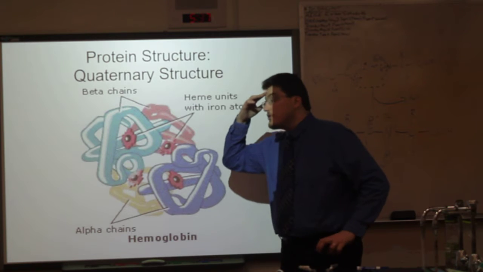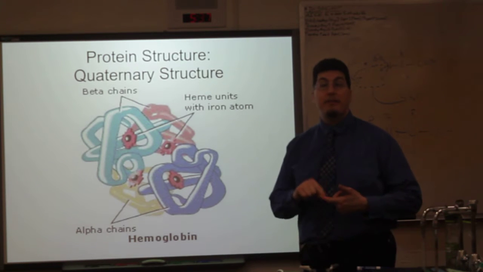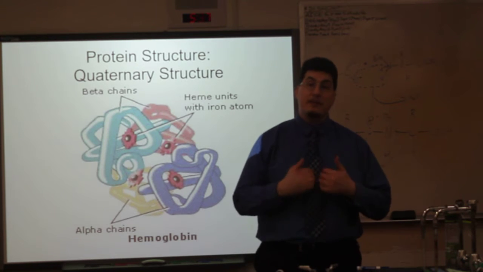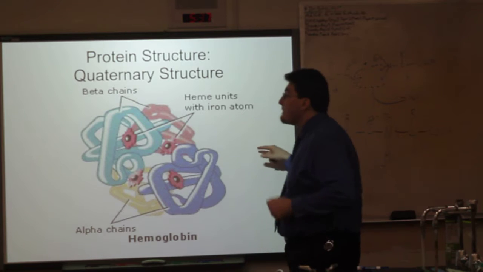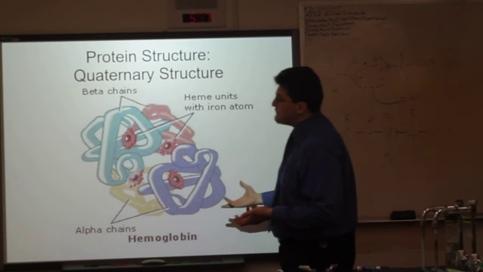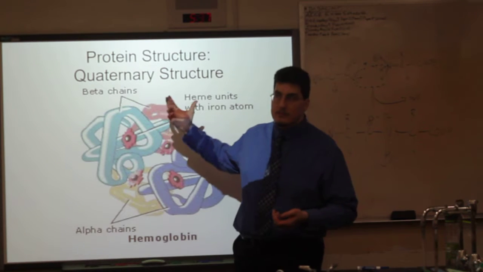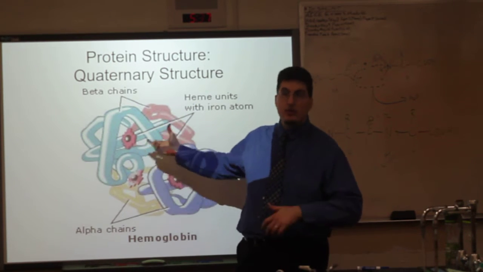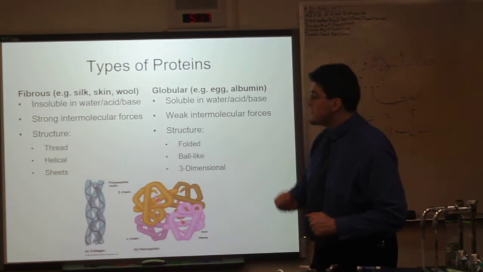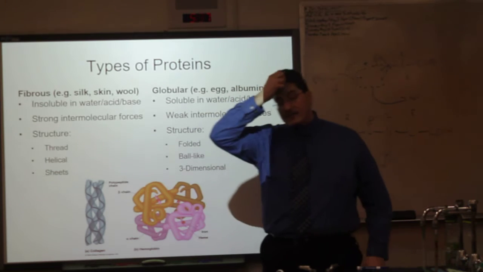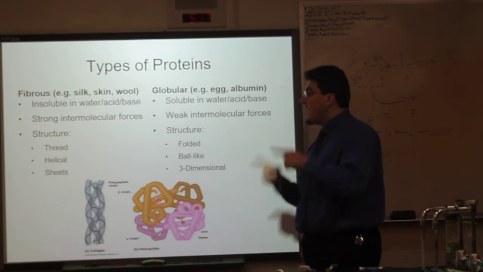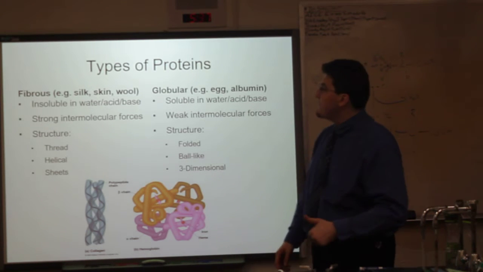So your tertiary structure is the 3D conformation of a single polypeptide chain. A quaternary structure is the 3D conformation of multiple polypeptide chains. Now, by the way, hemoglobin is our stereotypical quaternary structure. We use hemoglobin as an example. But there are other examples. For example, collagen. Collagen is a quaternary structure, but it has 3 polypeptides wound together into a fibrous polypeptide chain,